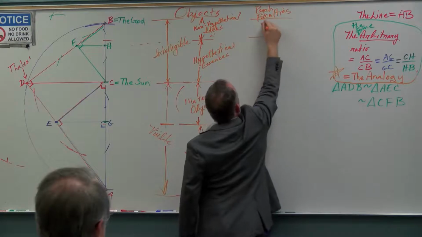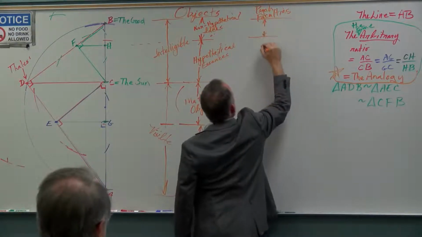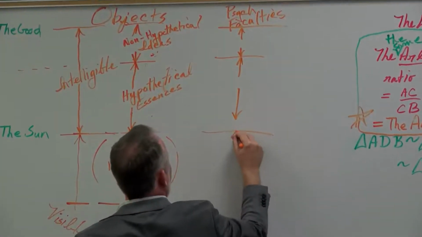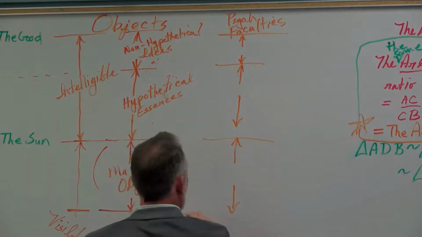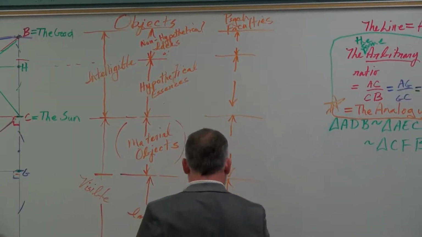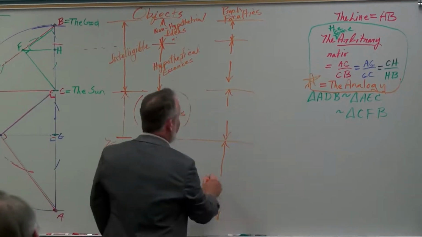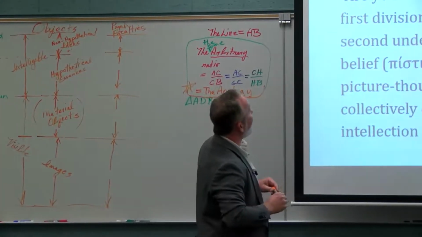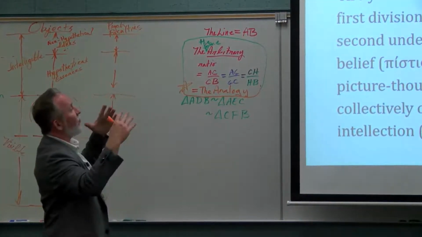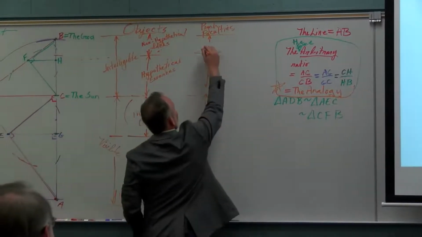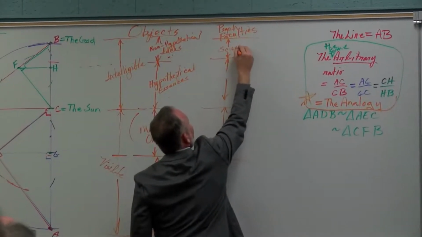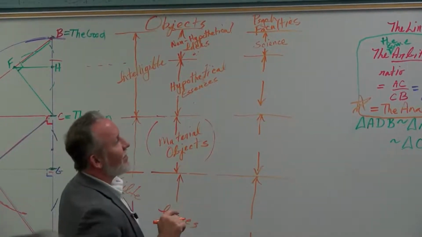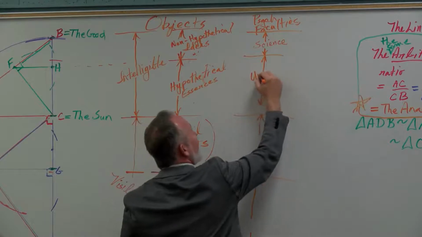So we're going to have a section here, a section here, and so we're going to fill in this portion of the diagram. We're going to call the first division science. So this is sort of getting to your question, right? And then this we're going to call understanding,